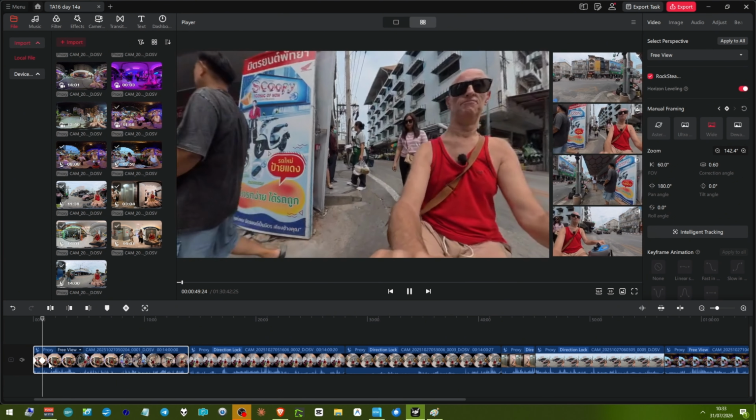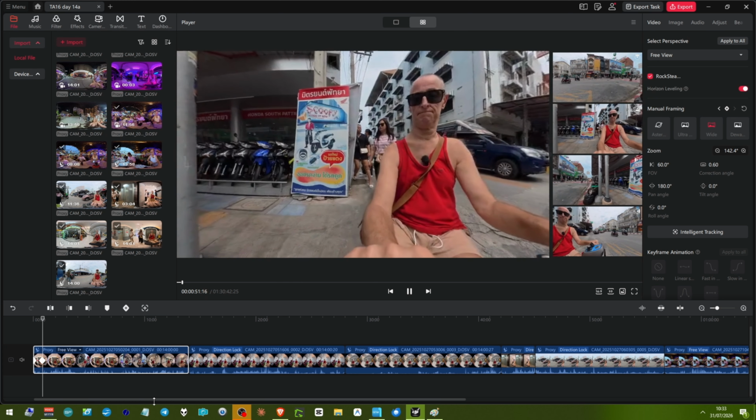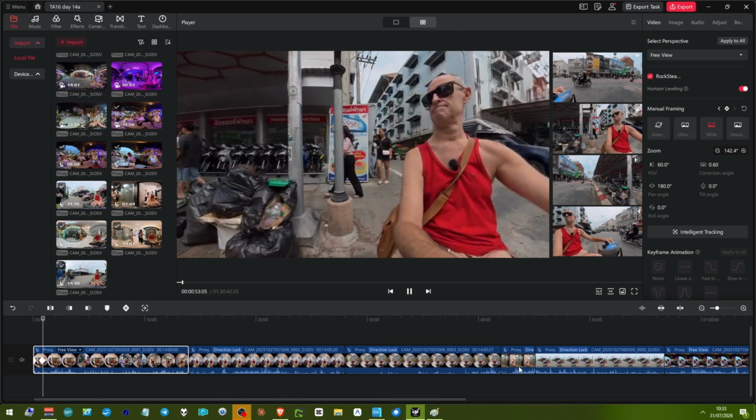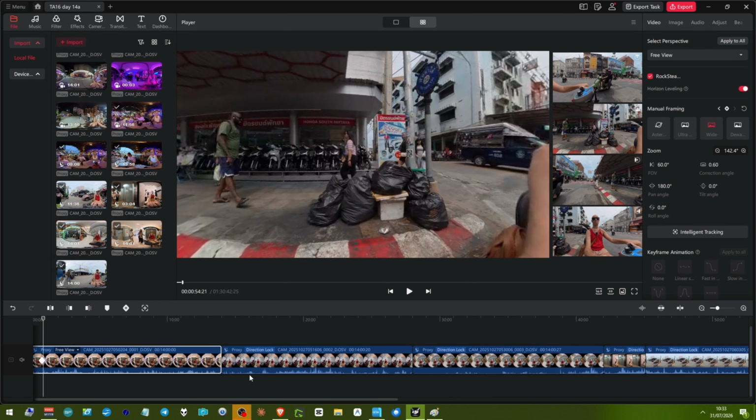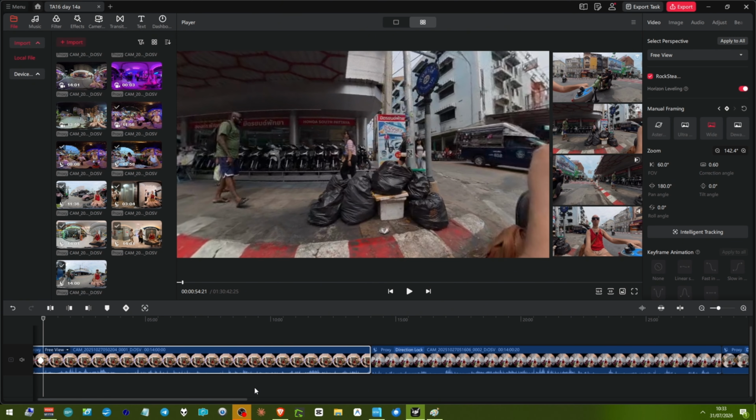Very, very annoying. So as I go round, I have to put another keyframe in, or I can use the items here. So if I click that,